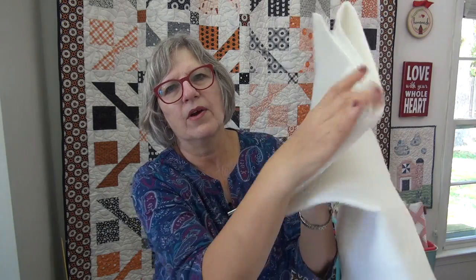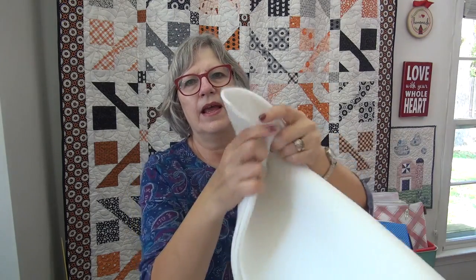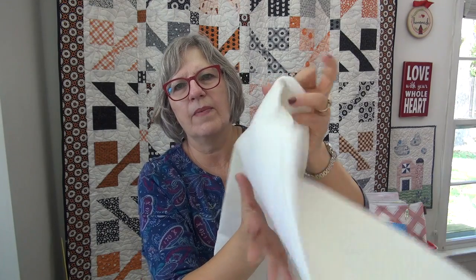And so when you feel it, it's very pliable. See, like here, I can take this and just ball it up for a bag. And it kind of comes right back. So it's like a very thin foam. It's super easy to sew. And while she has a couple free patterns and there's videos on how to do these things,